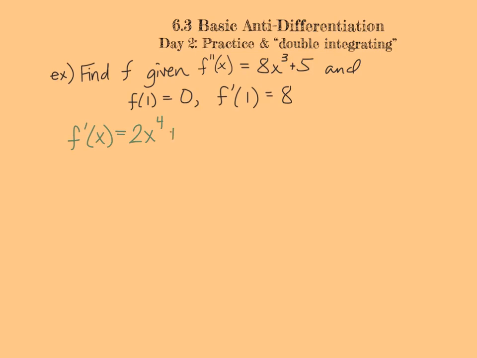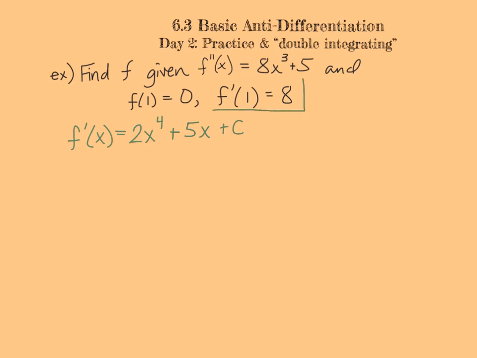Then the antiderivative of 5 is 5x. Then we need our plus c. All right, from here, I would recommend just finding c right now. You could do it all at the end, but I think it's just easier right now. So if we're going to find c,